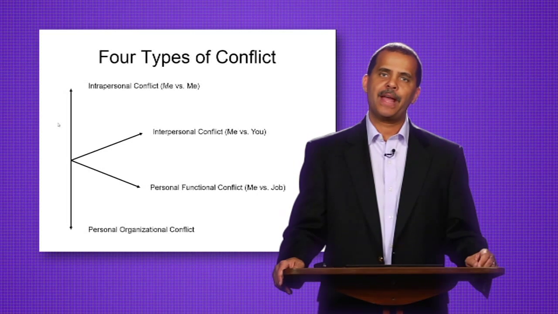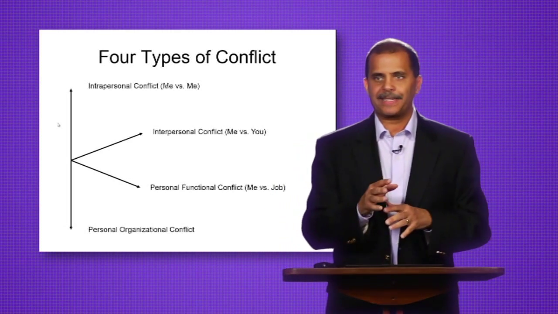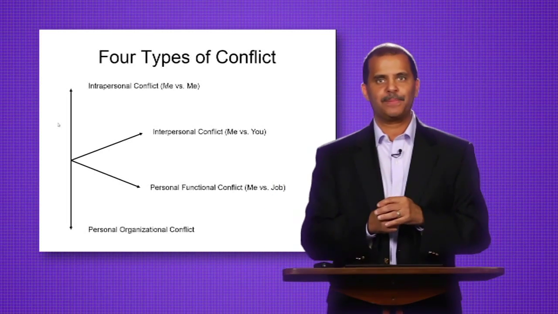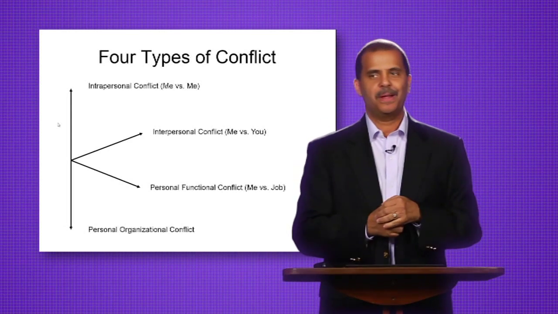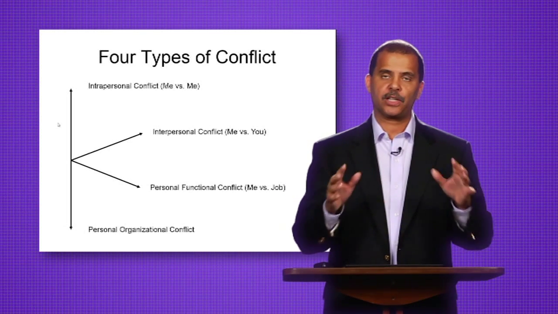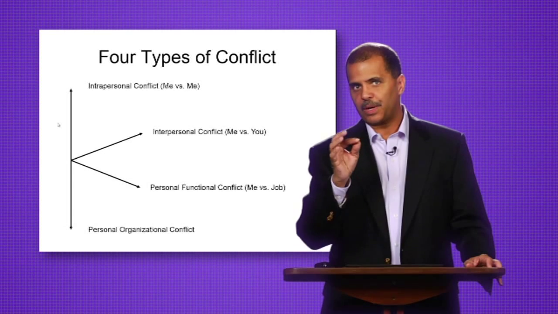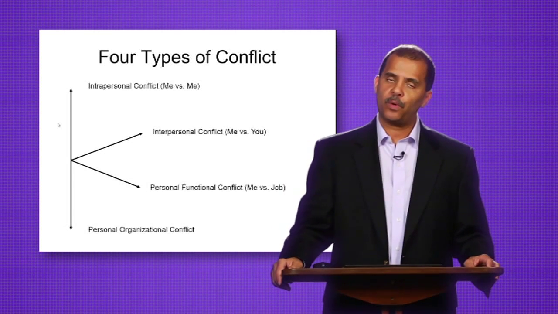So the first thing you have to do when you say to yourself there's conflict here, or you're feeling some feelings and symptoms, maybe it's a little gastrointestinal disturbance, maybe it's some anger, maybe it's being overheated, is what type of conflict is actually going on. So before you can address it, you have to diagnose it, if you will. So if you note, there are 4 types of conflict.